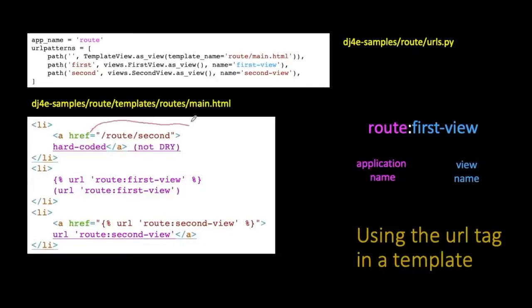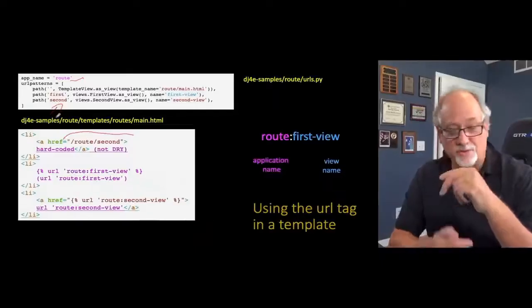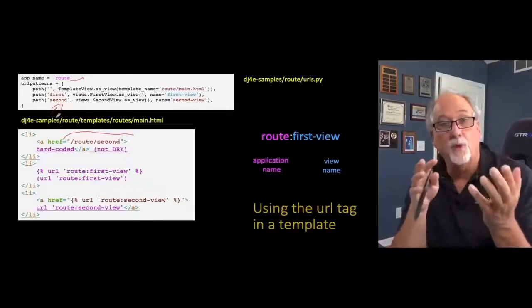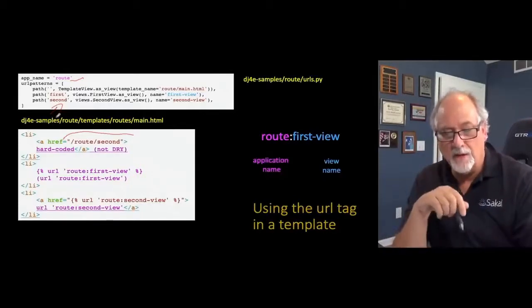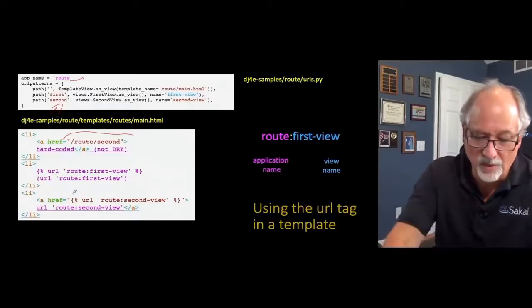Now we know that samples/route/second is going to go to that second view, because the application's name is route and the view name is second, and that's good. That will work. It's not going to break, but this is where you lose flexibility as you try to recombine applications from one into the other. And so in a sense, what we're asking to do here is we're going to instead use